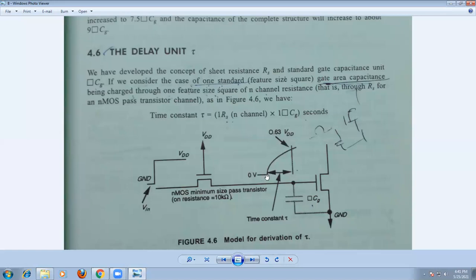Produces some delay. That means the input does not suddenly rise, but it will take some time to reach the final voltage. That rise time is the delay in this case. The signal rises exponentially towards the VDD level because of the RC time constant, right? So it slowly rises like this and reaches the peak voltage at this point. That means up to one time constant, it reaches approximately 0.63 times the value of VDD. That is the main thing.